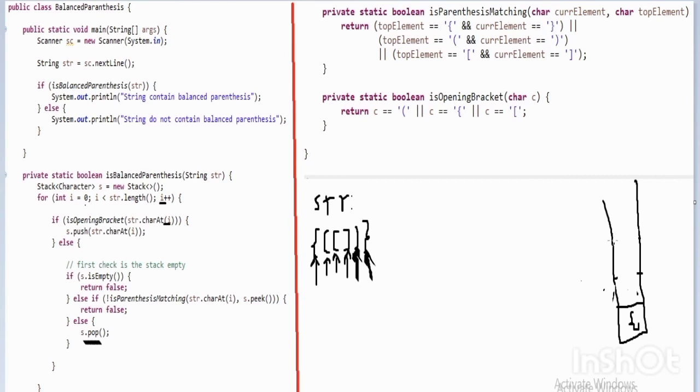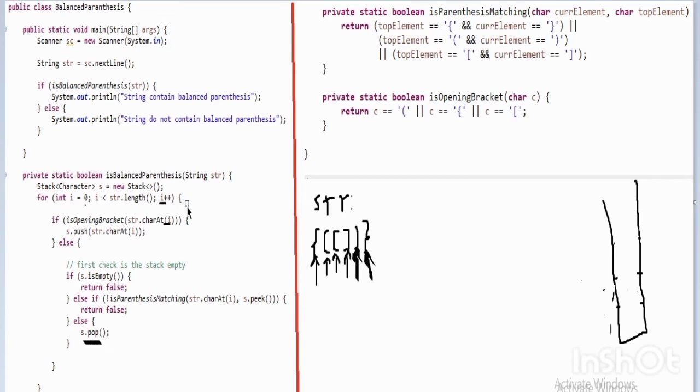Both are matching, it returns true. The negation inverts the output from true to false. This condition again becomes false. Control goes inside the else condition, s.pop. It pops the open curly brace from the stack. Now again the i value is incremented by 1, i becomes 6. This time the loop condition is false, so we get out of the loop.